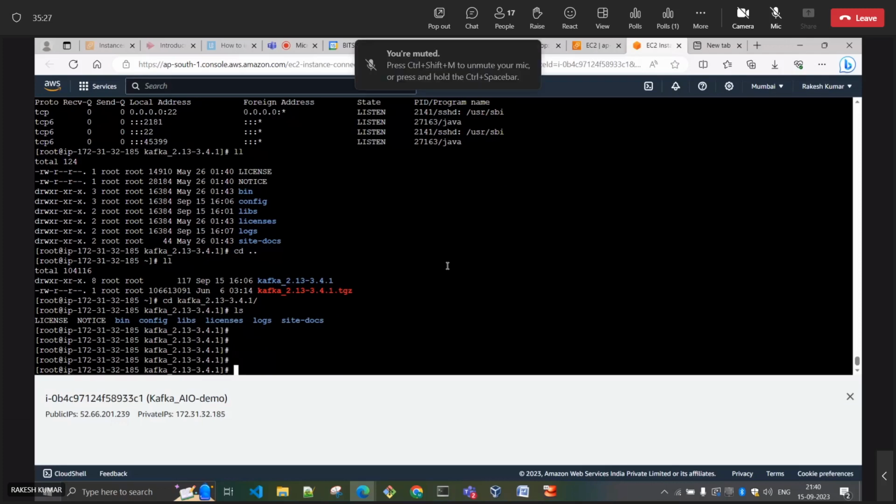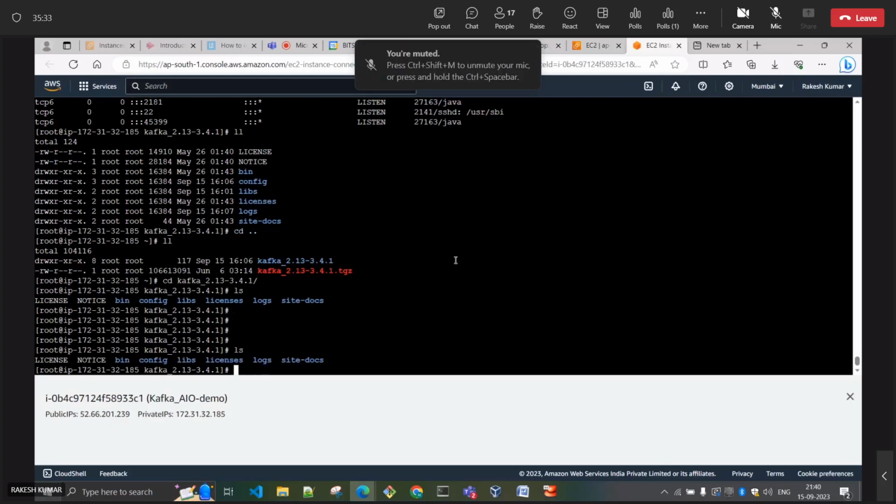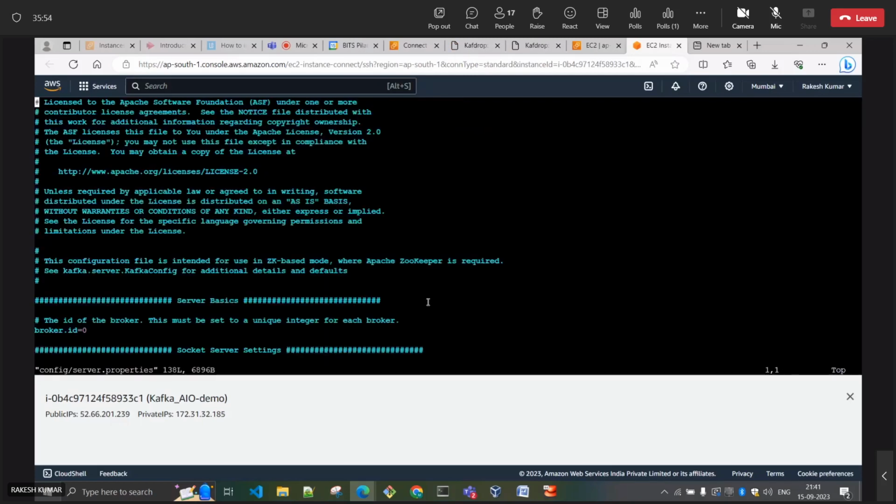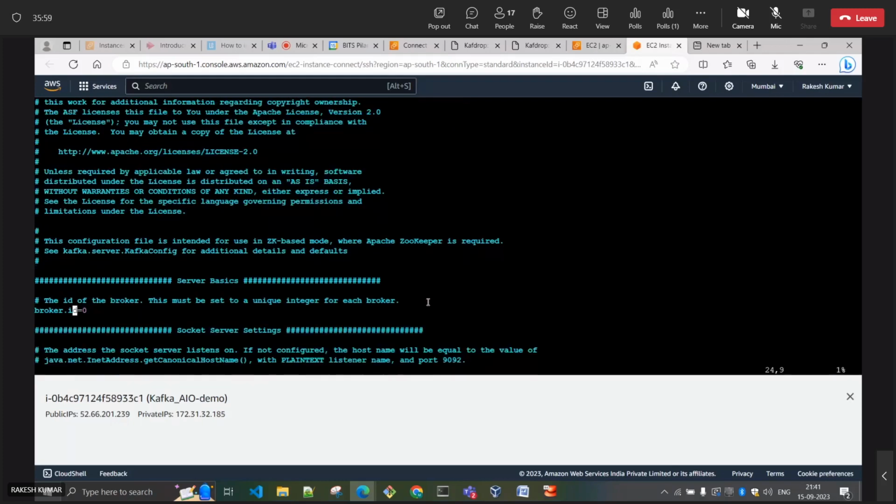Just a minute. We will start the Kafka. So let me run again. We'll take help of bin, kafka-server-start. If I run this, it will say it depends on this file, config server.properties. Okay, so this is the file. The very first parameter which we want to configure is that, you know,